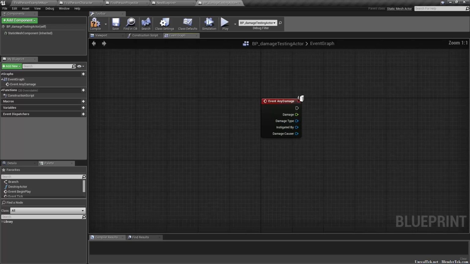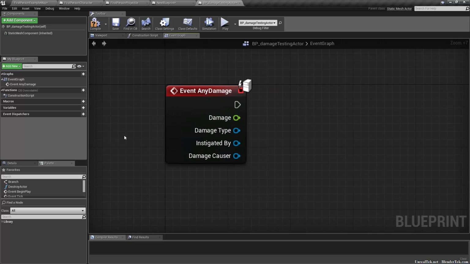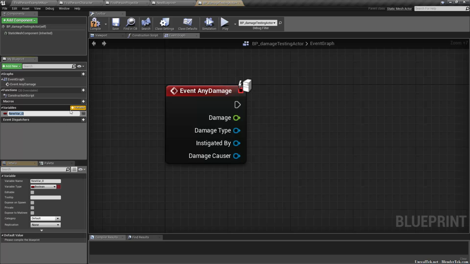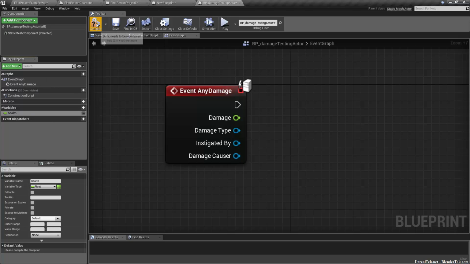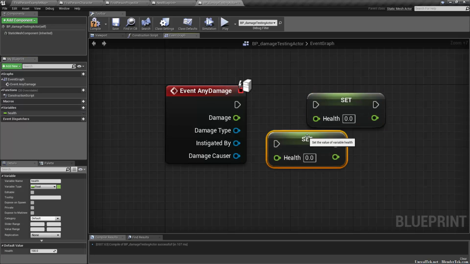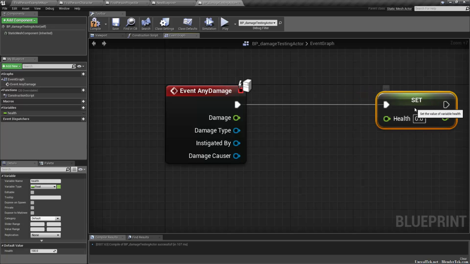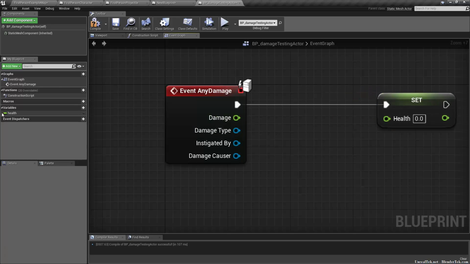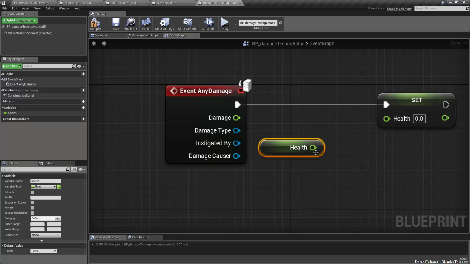So let's test this a little bit. What we're gonna do is set up a variable called health, obviously, just pretty standard. It's going to be a float, and we're going to compile so that we can change that. So we'll give this box 100 health. So on any damage, when any damage occurs, we're going to want to set health. So we're going to hold down Alt and drag it in to make a setter, or you can just drag it in and select set, of course. We're going to want to set health to itself, so I'm going to hold down Control and drag it in,